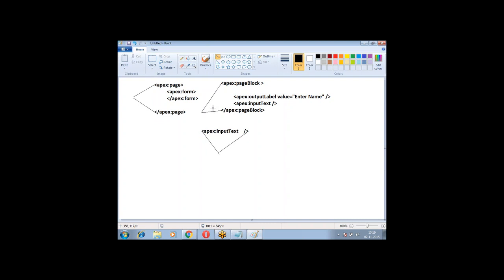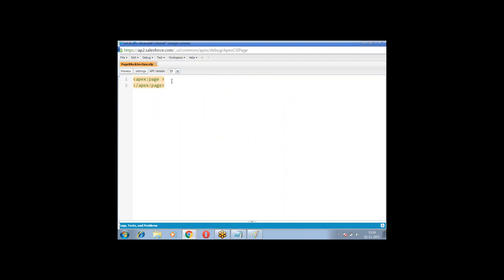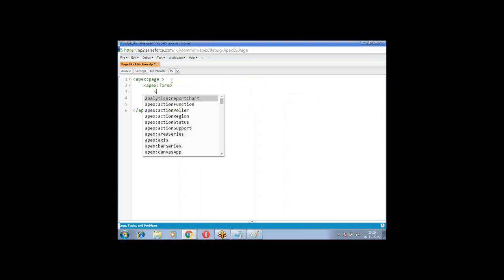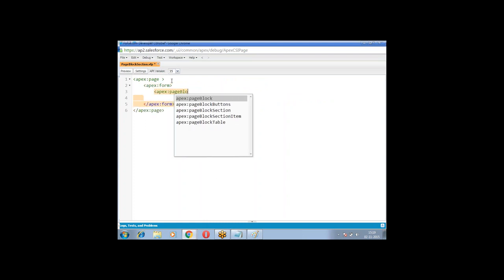One component is printed in one column. It divides the row into number of columns. In each column, one component is printed. Let me give an example of it. I am taking Apex page, Apex block, title,